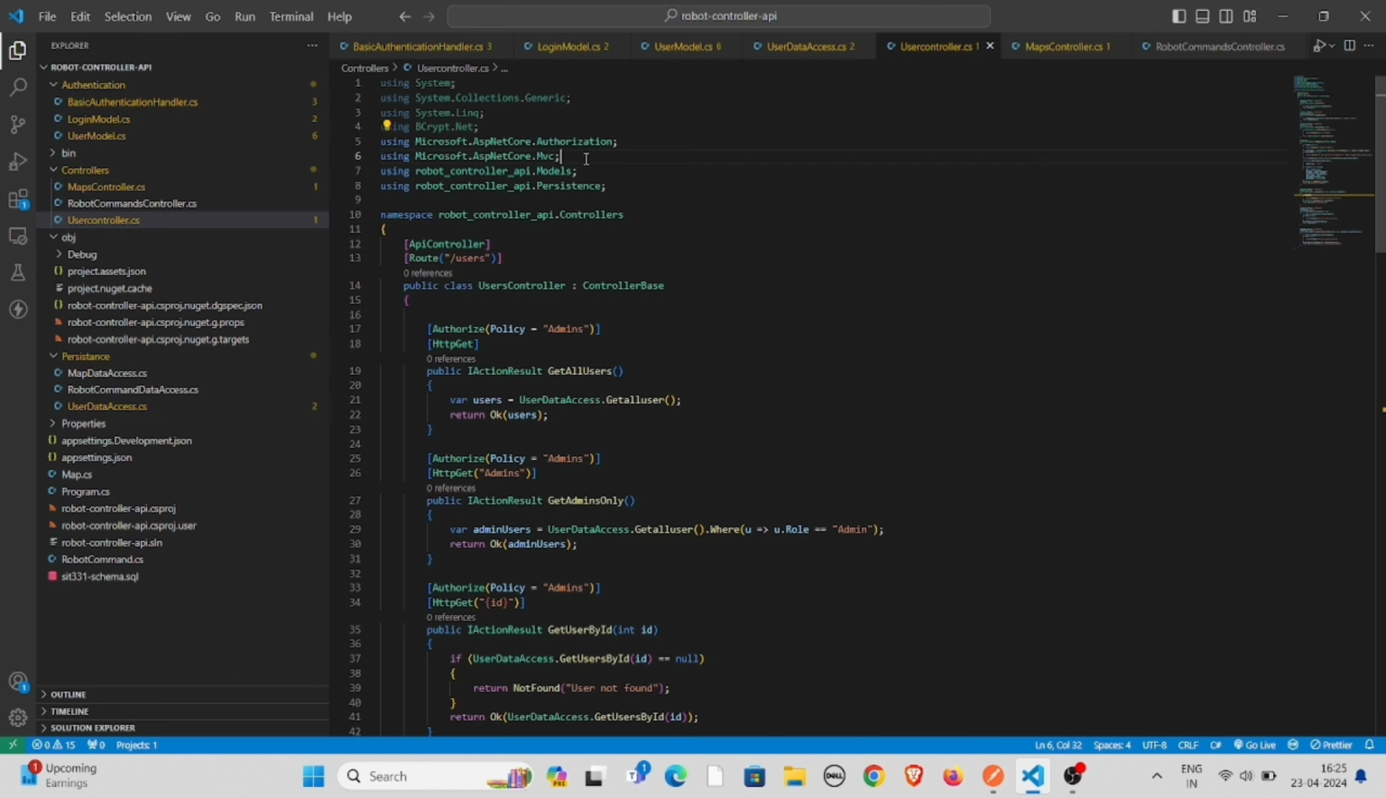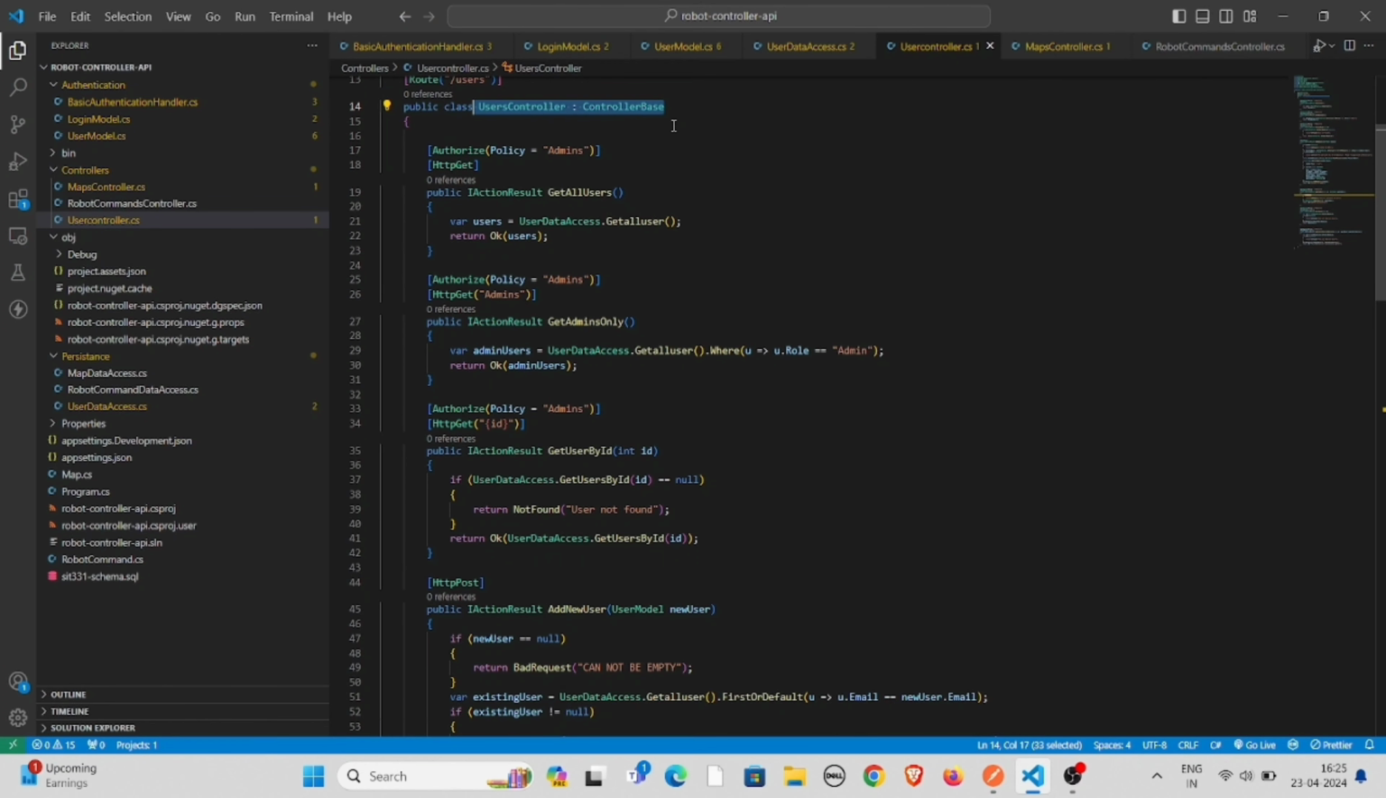Next, this is used for creating and handling the HTTP requests. Then it contains the user model and login model classes which are used in controllers. So here I had used this namespace and then inherited the UserController class from ControllerBase. Now I had made all the endpoints here which are related to users, same as user-data-access.cs, but here I had